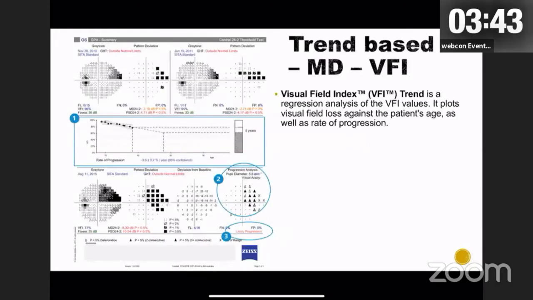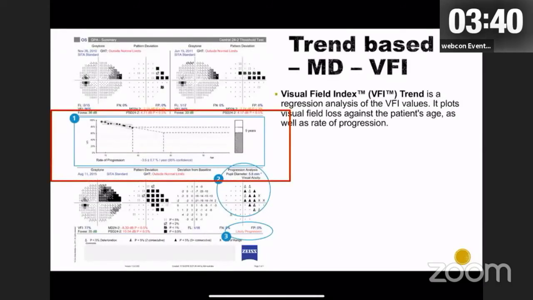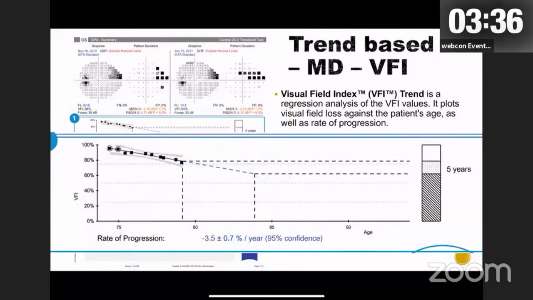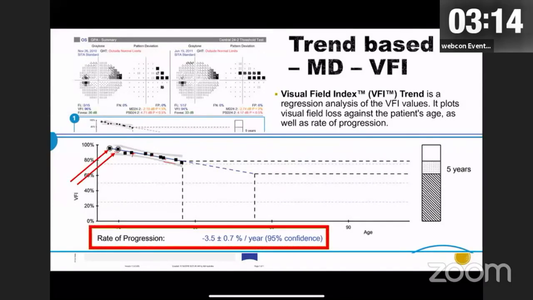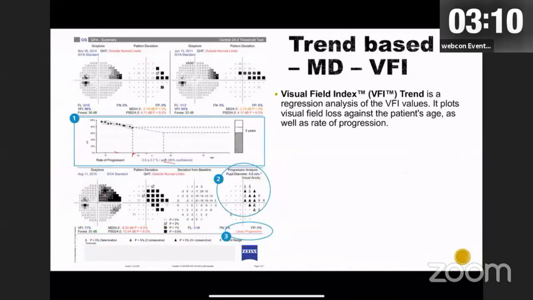So whenever we see this part of the GPA printout, we know that this is assessed by visual field index, and it is plotted between duration and visual field index. Now, the first two visual fields are the baseline visual fields, and then we can see this slope, which is the regression line, and subsequent visual fields can be seen as these black dots or black squares in this part of the printout. The important thing is that it can assess the rate of progression, and if it is significant, it again gives a p-value.